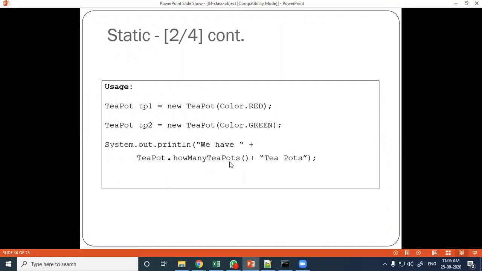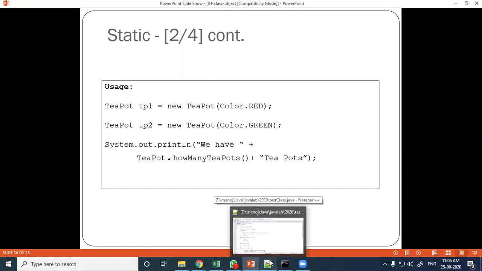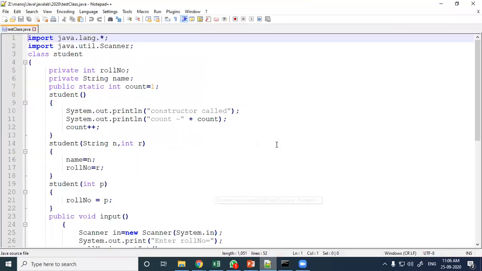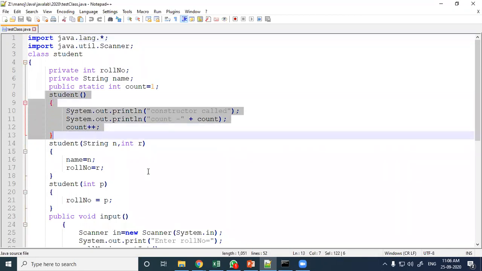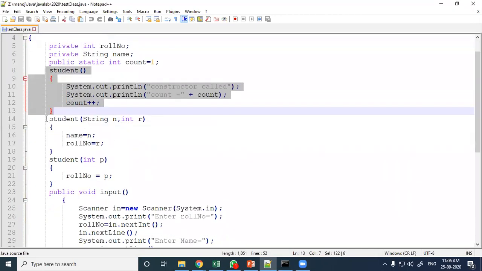So we will see this concept in our program. Just let us go to our program. See this Student class. This Student class has a constructor, and this is another constructor.